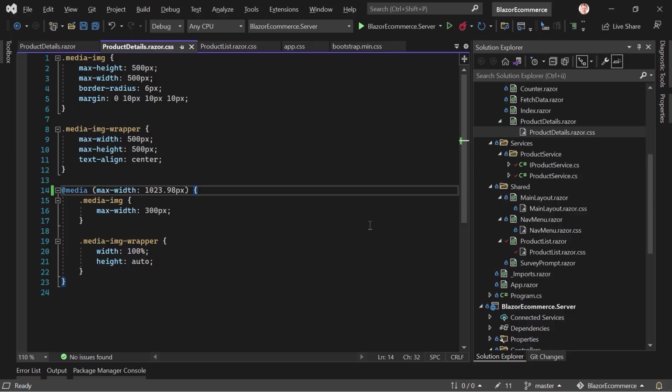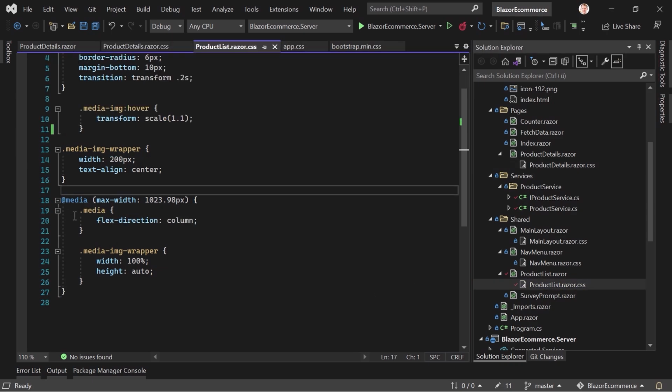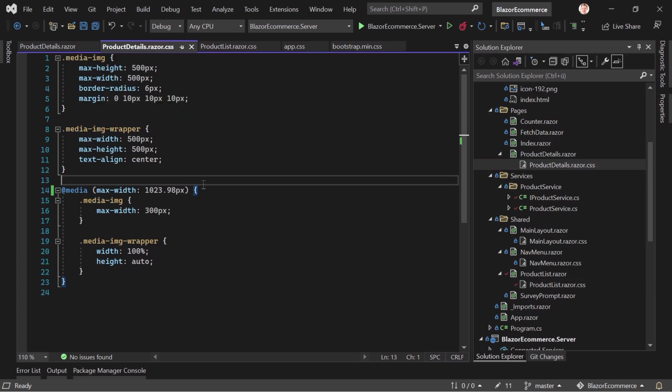We go back to our product list actually, because here we see the media class with flex direction column in case we have a resolution below 1024. Now, of course, we could move that to the app CSS as well, or let's do it just real quick. We copy and paste it